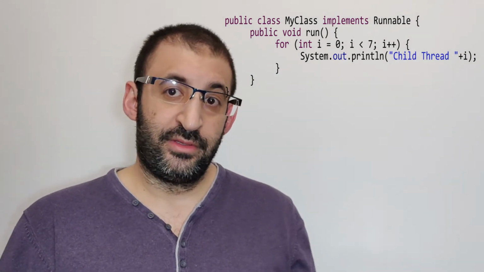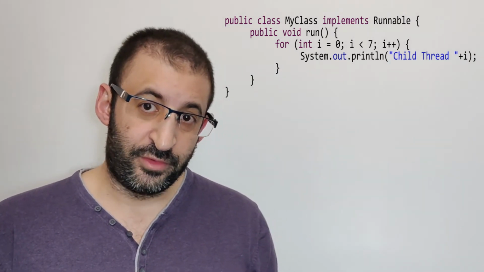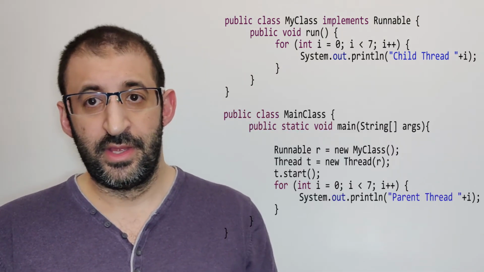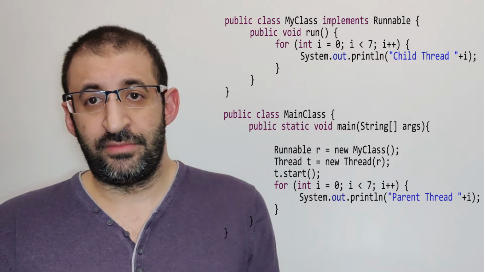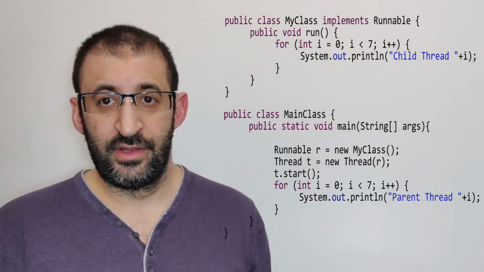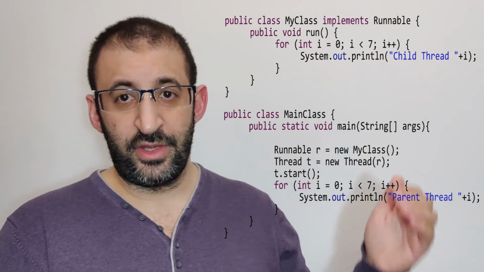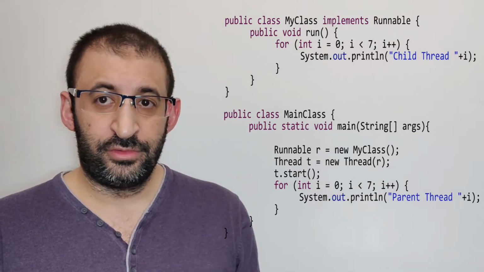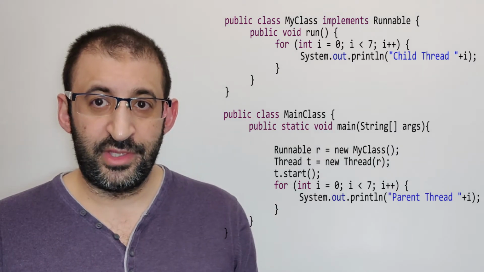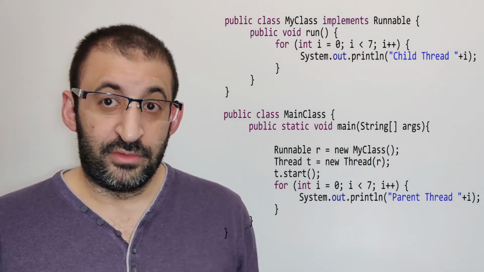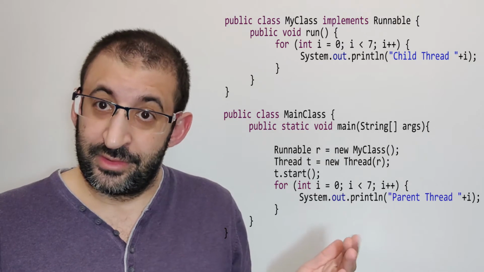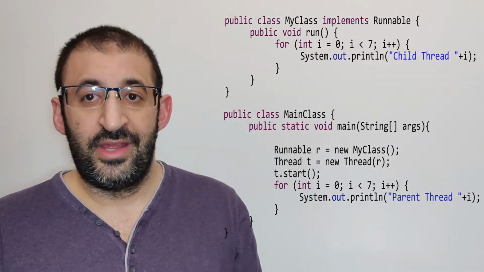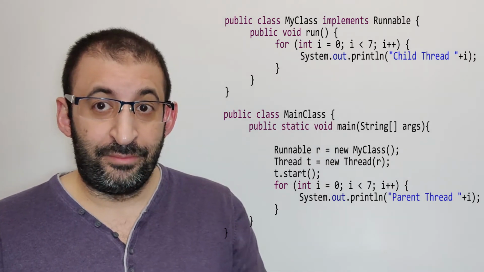Now I will create the main class to call this thread. Okay? So I have the main class. The first step is to create a Runnable r equal new MyClass. Okay, this is the first thing. And now I will create a thread with the class Thread, t, or any name you want, equal new Thread but with